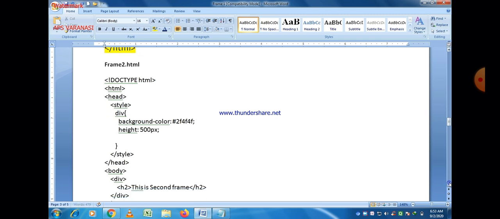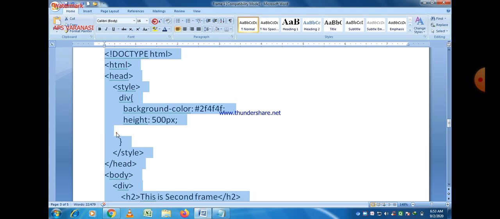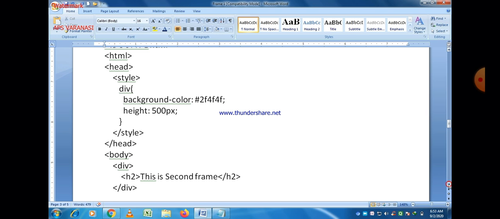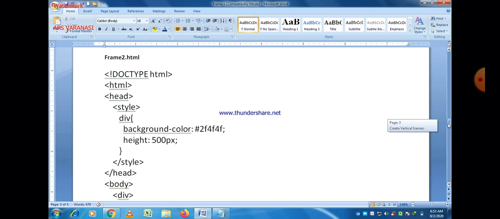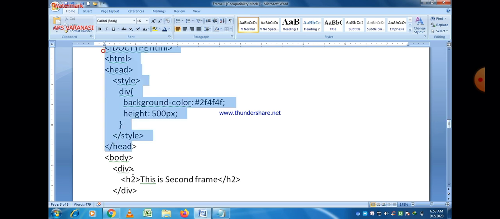and you can easily see that the same pattern is here, but only with two differences. First difference is in terms of color, because we want to separate these two frames from each other, so we take a different color here in hexadecimal notation inside the style tag and the properties of div, and we also change the heading, and the heading is now this is a second frame, so the heading is also changed, and the background color is also changed here.